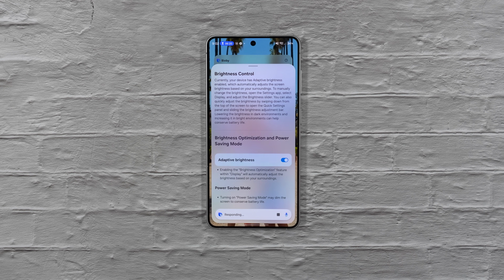Currently, your device has adaptive brightness enabled, which automatically adjusts the screen brightness based on your surroundings. To manually